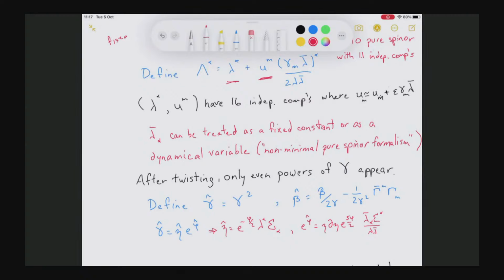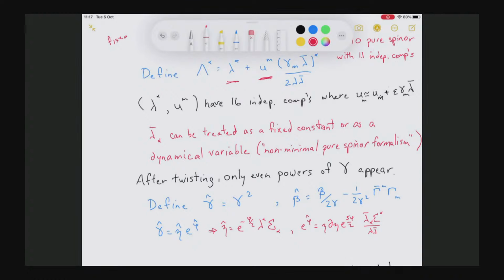So now the ghosts, which I'll call beta hat and gamma hat, also carry integer spin. So they carry the same type of spin as the BC ghosts, but of course they're bosonic. Okay, so gamma hat has conformal weight minus 1 and beta hat plus 2. And I can also fermionize beta hat and gamma hat in the same way as I did before.